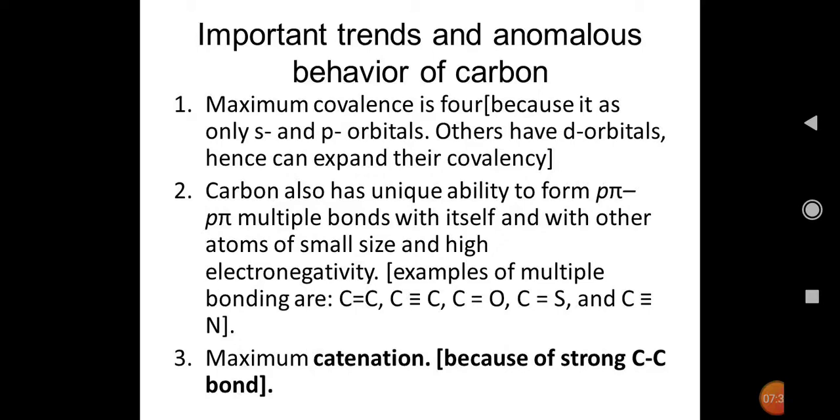These are the heavier elements which do not form p pi-p pi bonds, because the atomic orbitals are too large and diffuse to have effective overlapping. And also carbon exhibits the major property which is called catenation. Because of the catenation property, carbon has the ability to link with other atoms through covalent bonds. But there is an order of catenation ability, that is nothing but carbon, silicon, germanium, and finally tin. So as compared to all the others, carbon has the highest catenation ability.